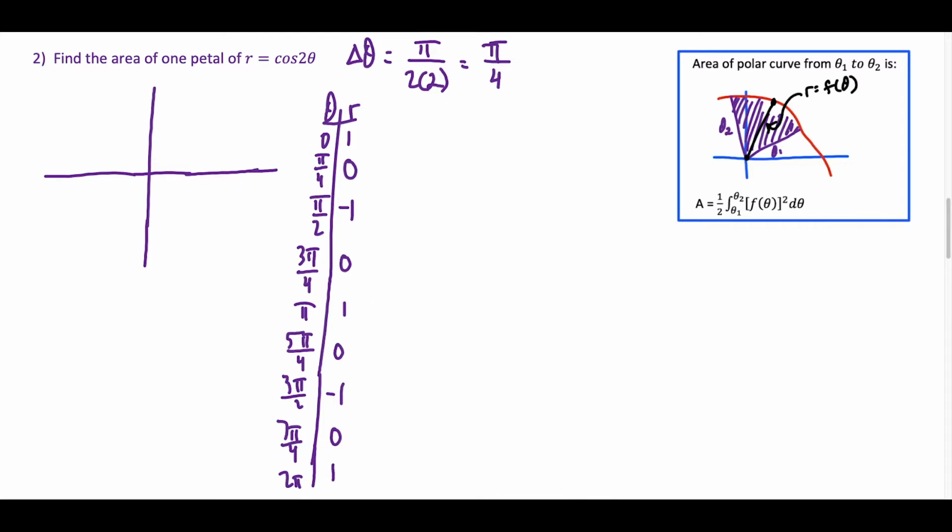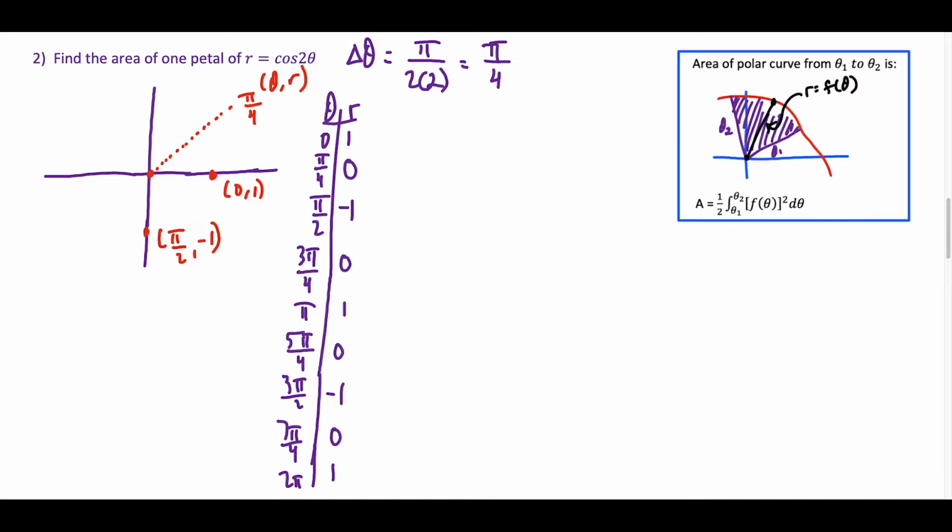Now, with this type of curve, we're just going to go ahead and plot these points. So we're going in the direction of theta, 1 unit. So this is the coordinate. Remember, we're plotting our coordinates in terms of theta and then r. This is the coordinate 0, 1. And now in the direction of pi over 4, that's 45 degrees, or this direction here into quadrant 1, we're going out 0 units. So we're not going to plot anything along this line. We're essentially back at the origin. Now in the direction of pi over 2, that's north, we're going -1, which means go opposite north, we're going south 1 unit. So this is pi over 2,